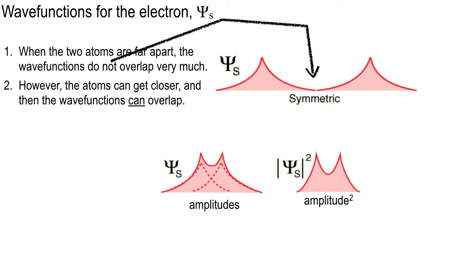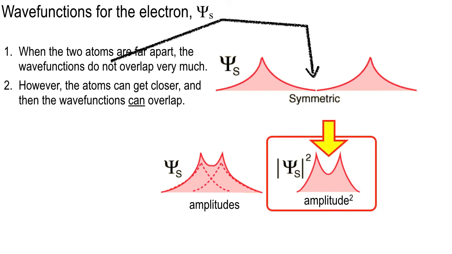In quantum mechanics, what we actually study is the square of the amplitude, and that's this next diagram over here. It's got 2 peaks, with a little bit deeper of a dip. But if you look at it carefully, this is like two mountains that have come closer together, and now you've got a plateau between them, a tableland between them. It's not flat water. That's high water there. You've got constructive interference.